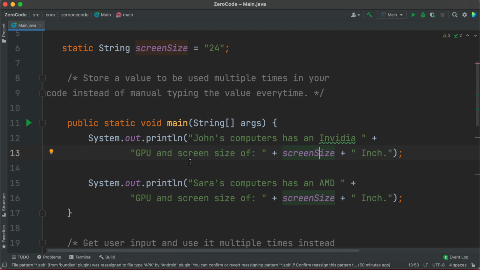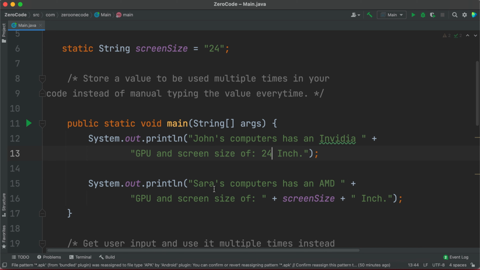In this scenario, I have two people who have computers, John and Sarah, and they both have the same screen size. Sarah's computer also has an AMD GPU and a screen size of 24. Instead of inputting this value twice, which is for sure not good in your program and wastes a lot of time and resources,